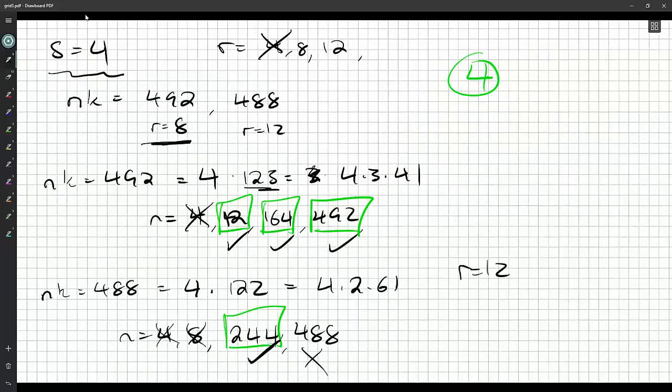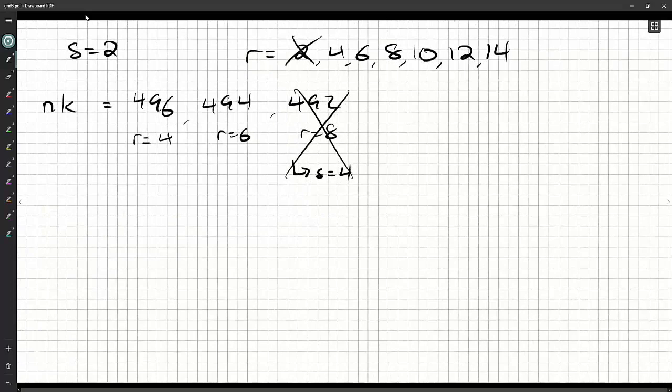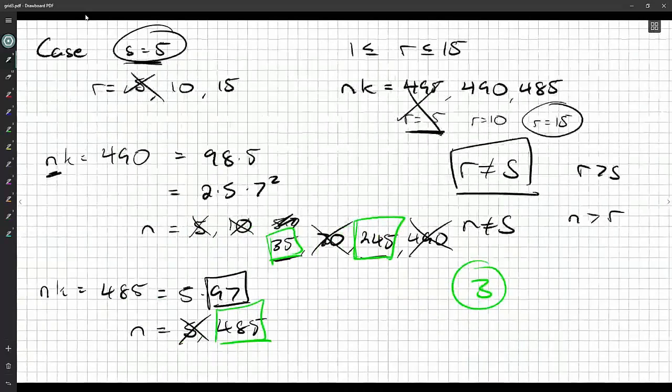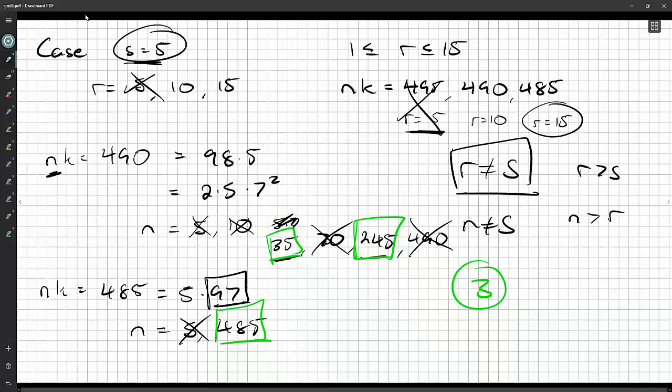So we could have 488. I'm wondering if that might be something that's sneaky. Anyway, 490. But we've already dealt with R is 10. Did we have any multiples that failed there? So if NK is 490,